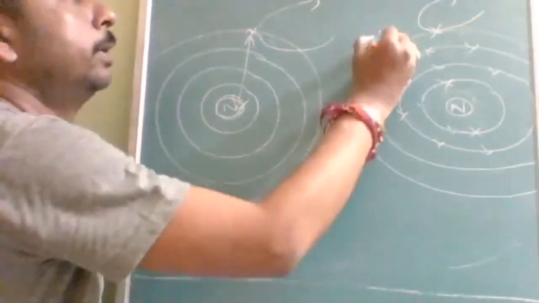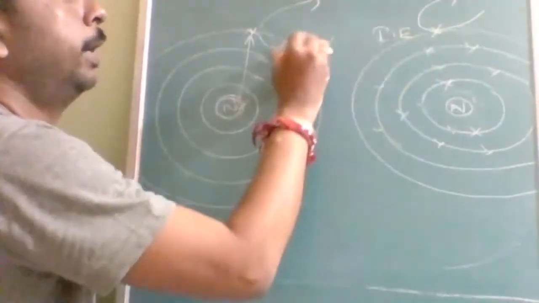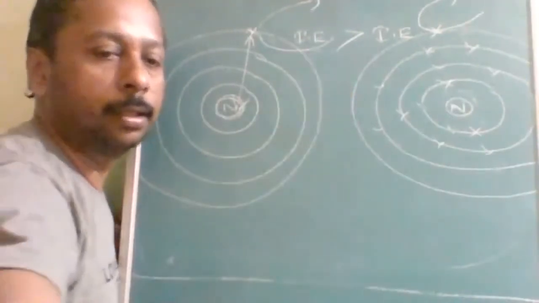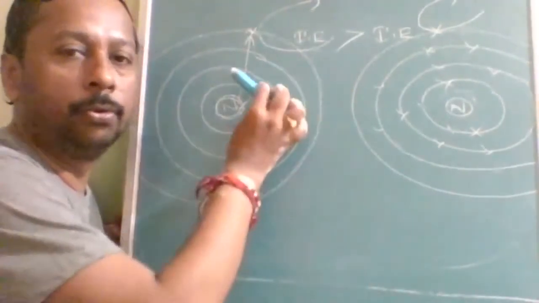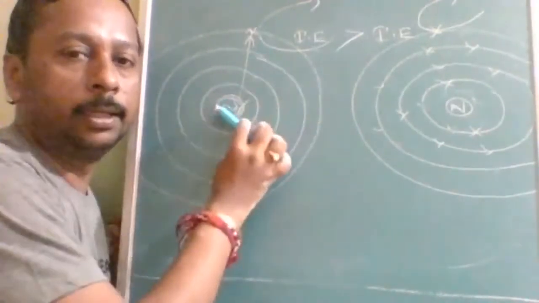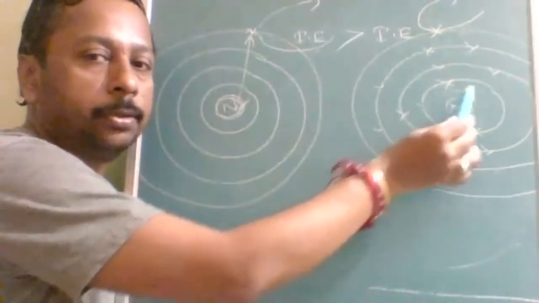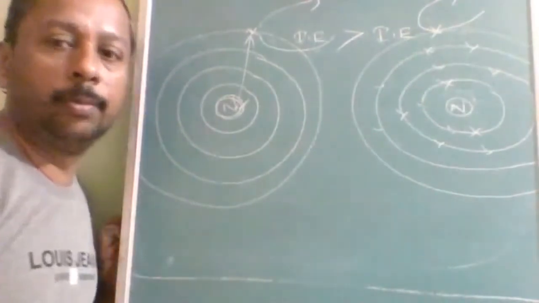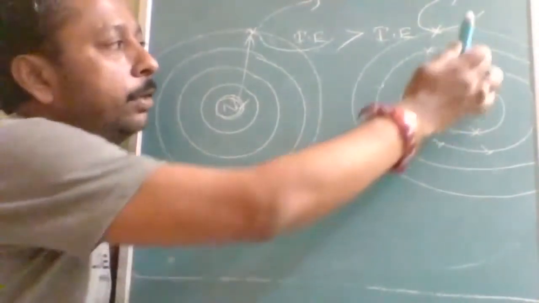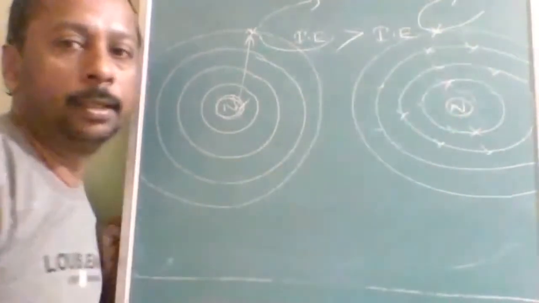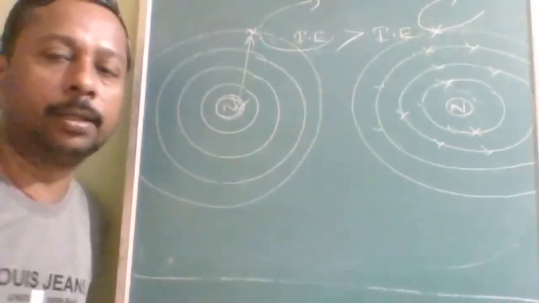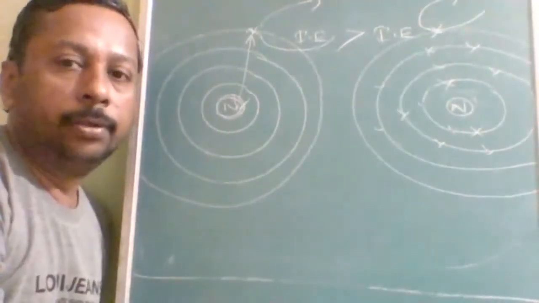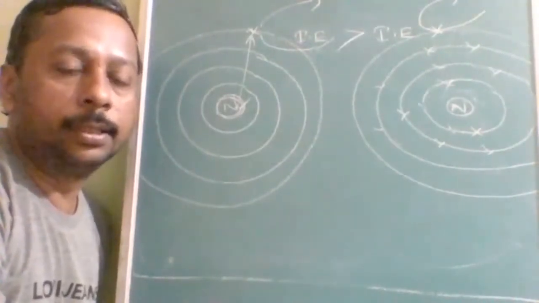Understood? So the energy required here and the energy required here, this will be more. You have to be very careful, highly energetic, to remove this electron, because nobody is there in between. Everybody is looking at this electron, but here it is not like that. When the electron moves like this, you can take it out. So less energy is required to remove this electron. That effect shown by this electron is called the screening effect. That means they are avoiding attraction by the nucleus on the valence electron. That is what is called the screening effect.